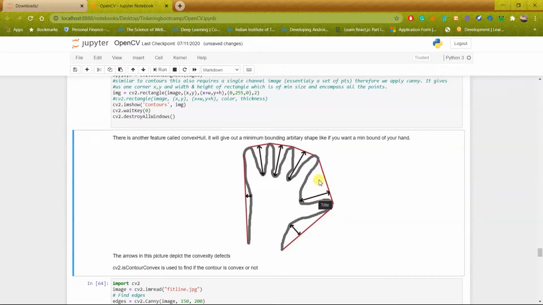So as you can see here, if I join this corner and this corner of the shape, then it does not pass outside of the shape. So this is a convex shape, and for this we use a feature known as convex hull. So it will give out a minimum bounding arbitrary shape if you want the minimum bound of your hand or something of a similar shape.